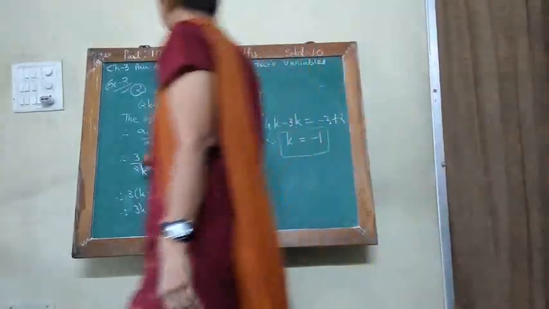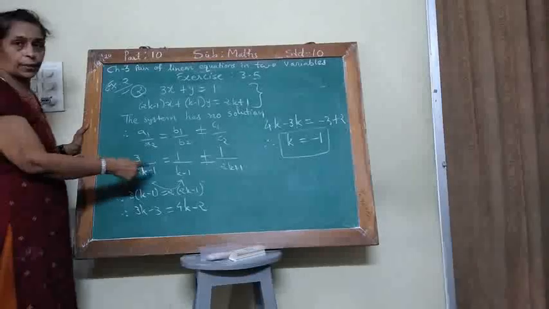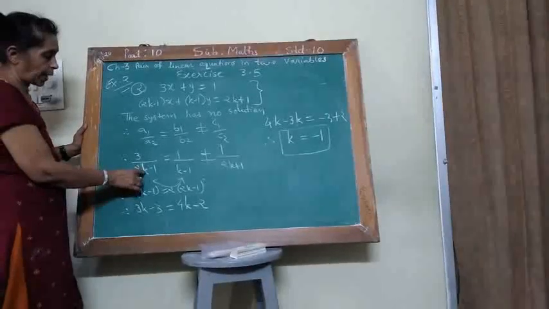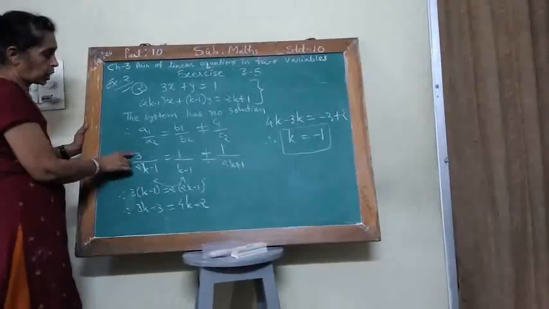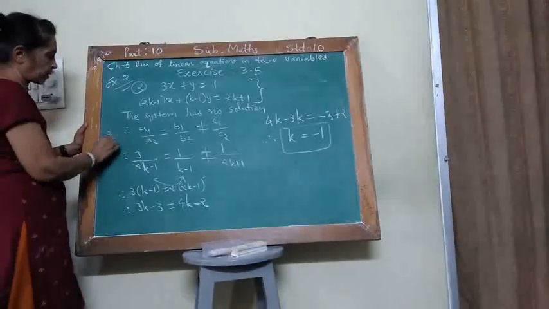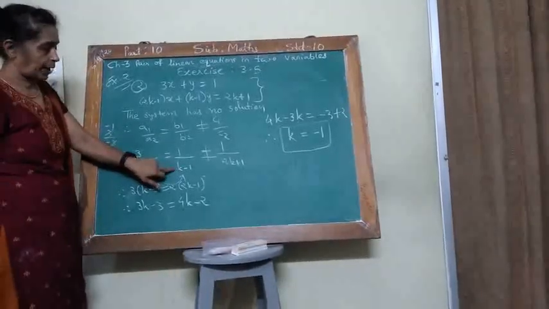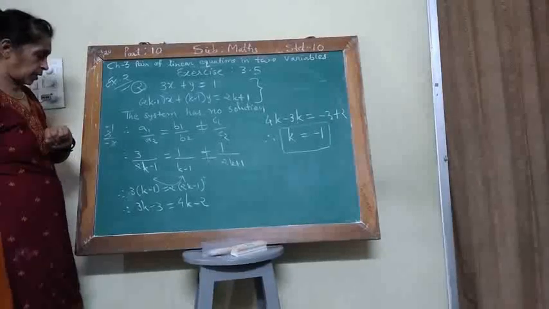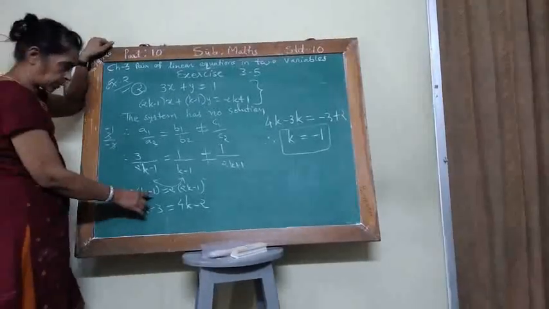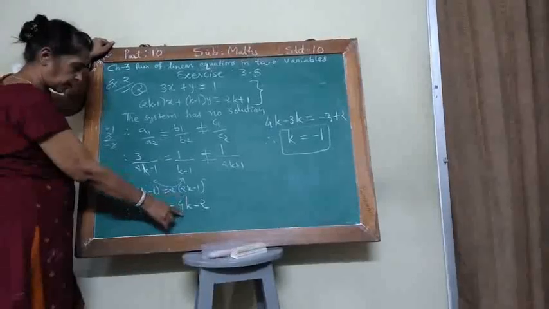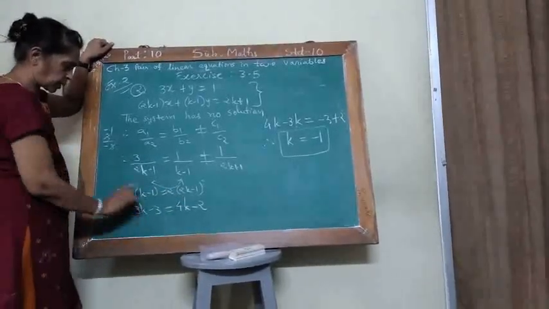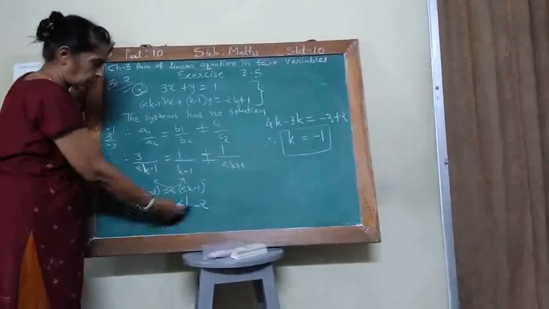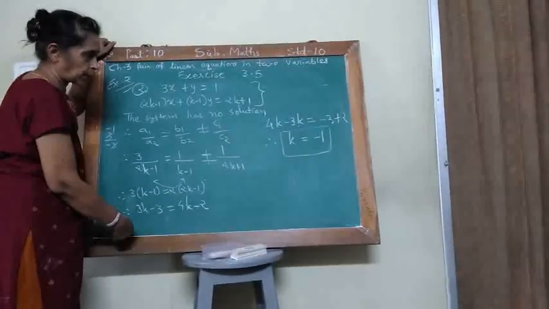And if you substitute here K equal to minus 1, then you get two ratios are equal, if you want to verify. Then if you here put minus 1, so minus 2 minus 1, minus 3. So 3 upon minus 3 is minus 1. So here you get minus 1 or not? Minus 1, minus 1, minus 1, minus 2. It is different. So that means I have done some mistake. Let me see here. 2 into 2K, 4K minus 2, 3K minus 3, right? 4K minus 3K is equal to minus 3 here, and minus 3 plus 2 is minus 1.